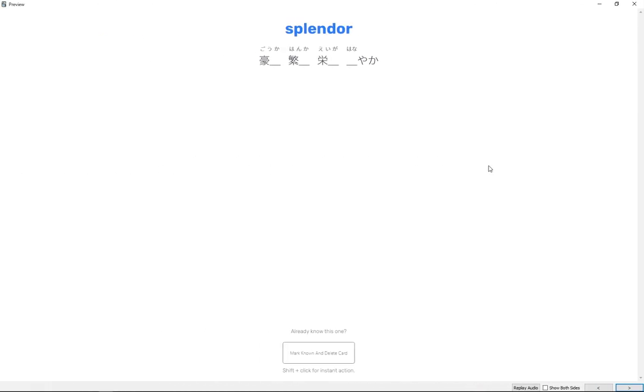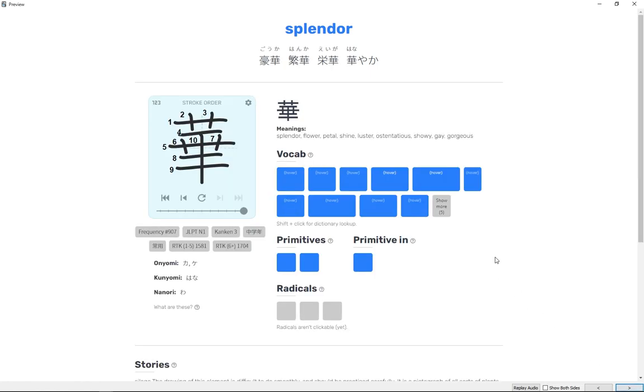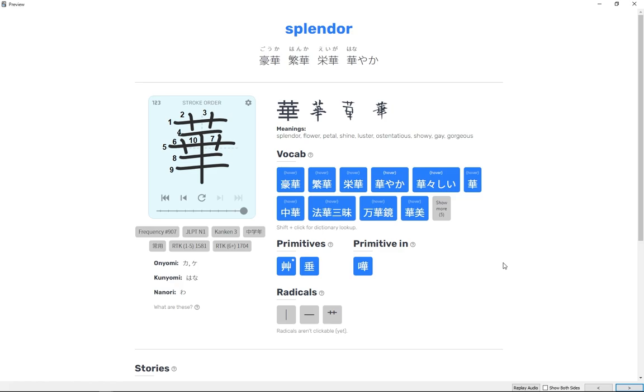Okay, and here we are. This is a production card. So as you can see, on the front of the production card, you have the keyword as well as words that use it, with the kanji itself obviously not being shown. Your goal here would be to write the kanji from memory. Obviously, you can also change settings for this. For example, I always turn off the keyword because I just want to write it from the words down below, but this is up to you, and you can look through the settings and try out what you like best. And on the back side, it's basically a normal card as you've seen before, the same as they look in the lookup browser.